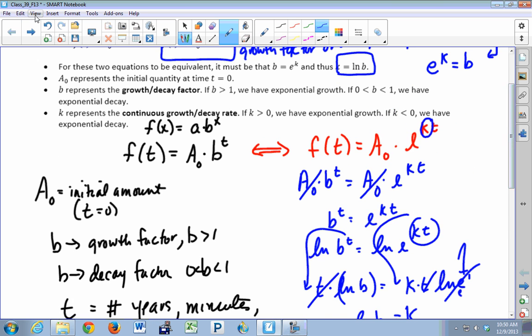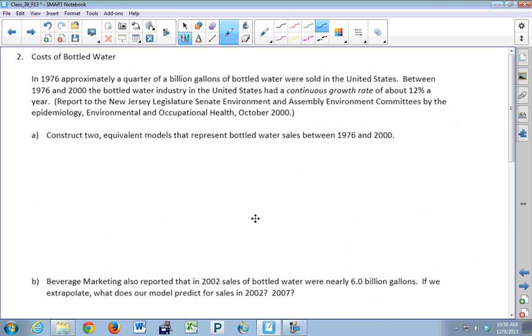I found this problem a few years ago, and I thought it was an interesting problem. I was reading a paper. So you want to read this for us, Shane? In 1976, approximately a quarter of a billion gallons of bottled water were sold in the United States. In 1976, 20,000 bottled water